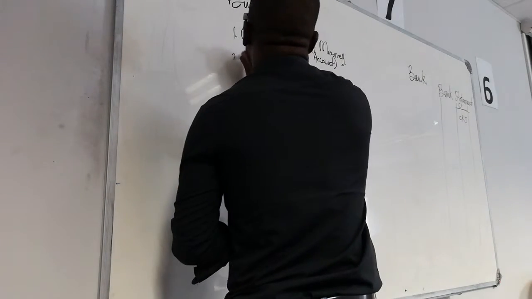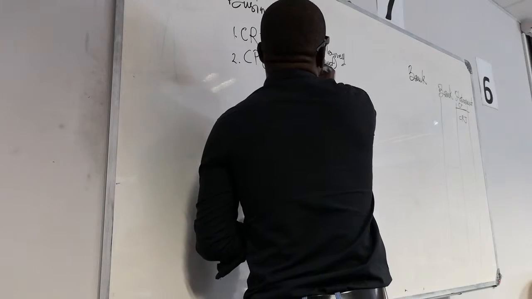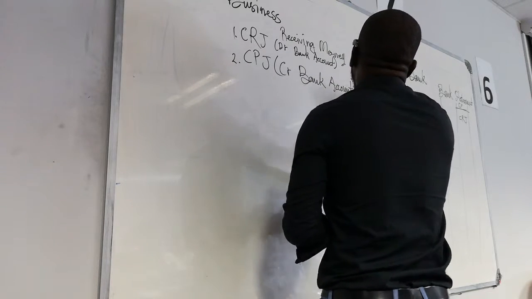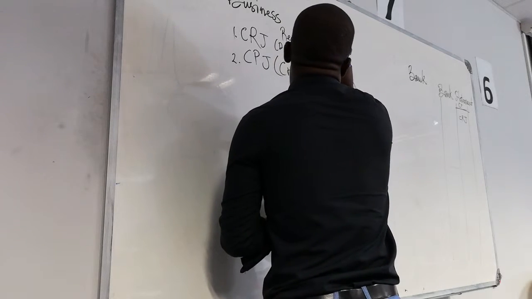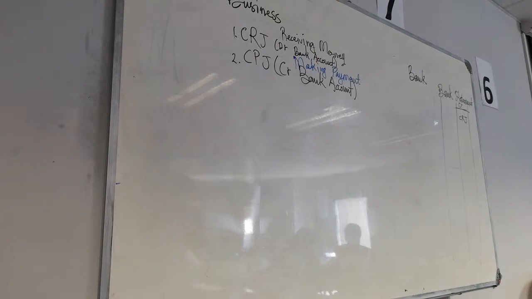Now when we make payments in the CPJ, we will be crediting the bank account rather. When we credit the bank account because we were making a payment, what do we use to make payments? Checks. So all our checks, because the money that the bank owes us is decreasing. If you have 8,000 in the bank and you write a check for 3,000 and that person takes the check to the bank, they will give them 3,000, meaning that now they have 5,000 of your money.